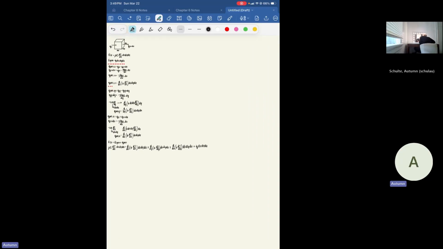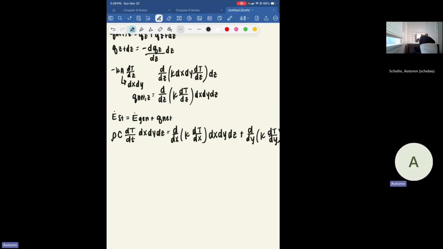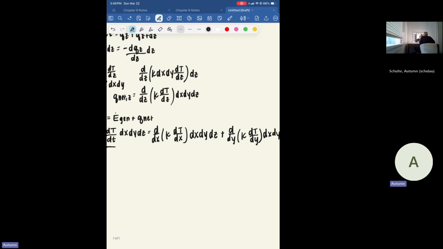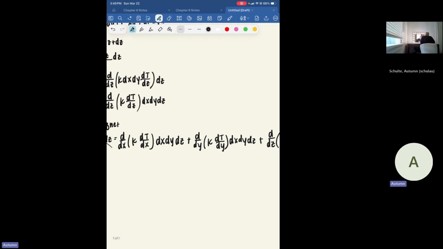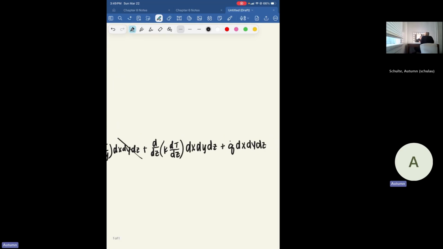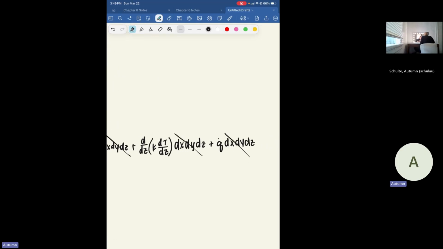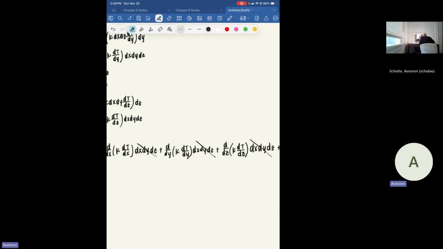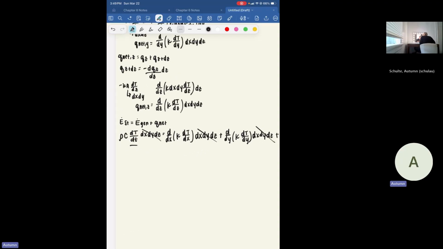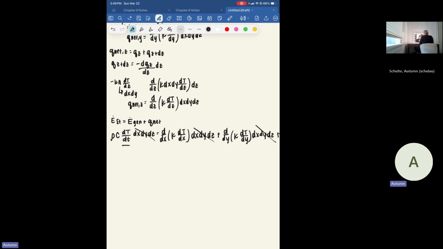And if we want to isolate our derivative of temperature with respect to time, we can first start by dividing out by our volume, because each of these terms has our volume in it, so we can simply divide those out. We can also take out our thermal conductivity term, because we can say that it is constant and not changing whether it's x, y, or z. So if we take those out and we divide by